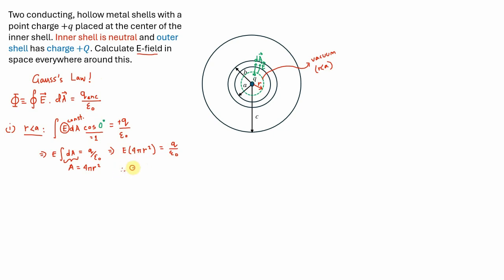Electric field is equal to Q over 4 pi epsilon 0 r squared. And this is exactly what you would expect for a point charge. So your result is correct regardless of you using Coulomb's law. So this is the electric field in the region where r is less than a, meaning you're in the region